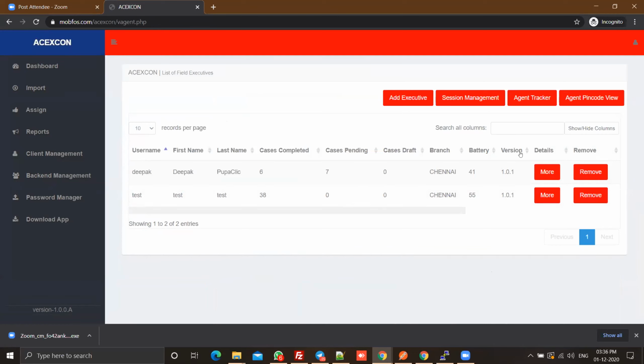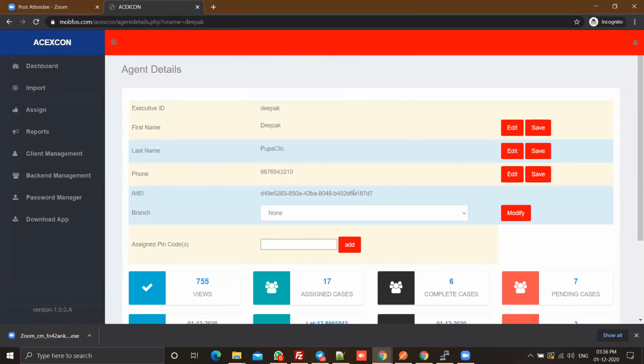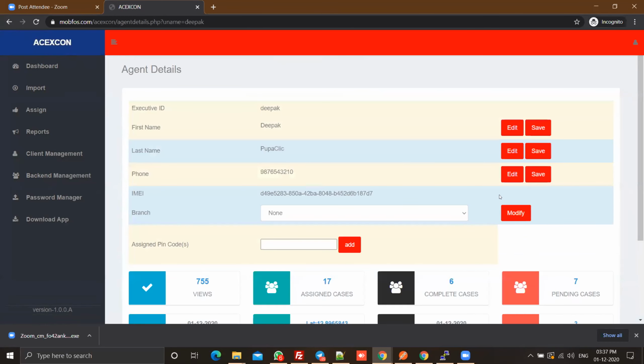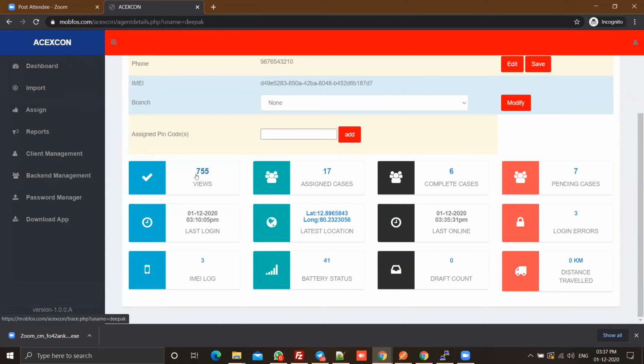You can manage the details for that executive, assign them to a branch, and see how many times he's viewed the app, how many cases are assigned, his latest location, when he was last online, his IMEI, and his current battery status.